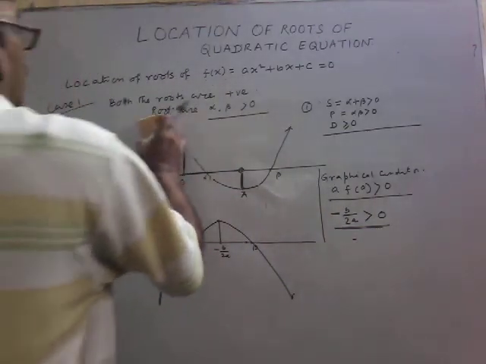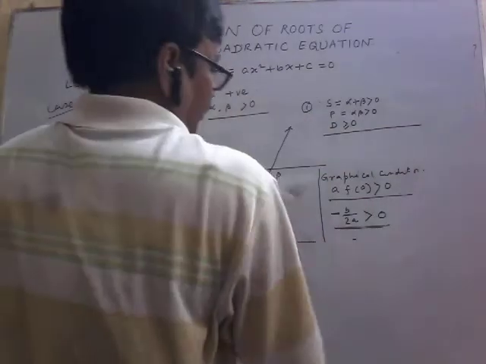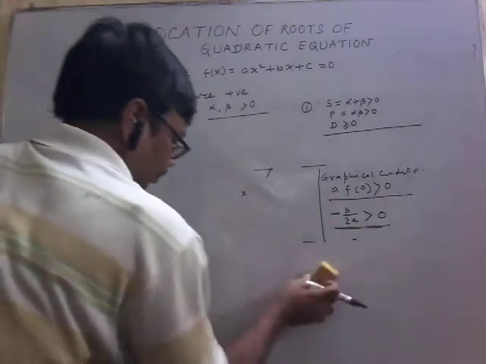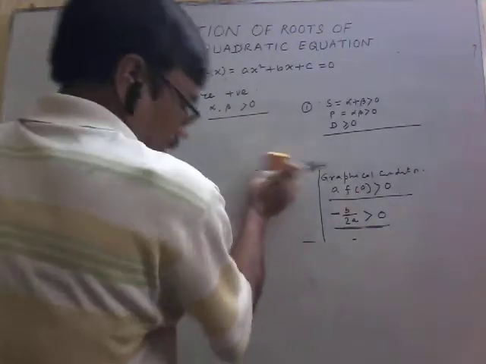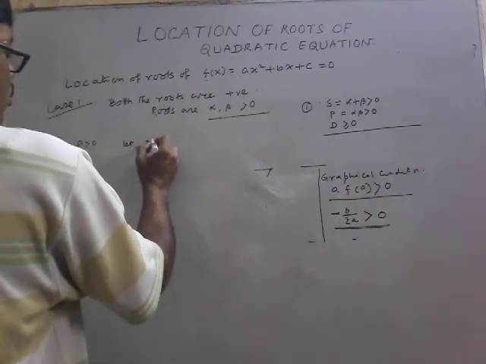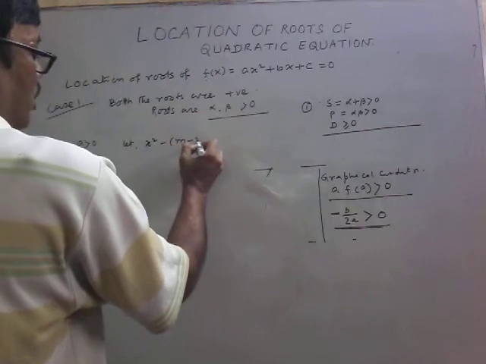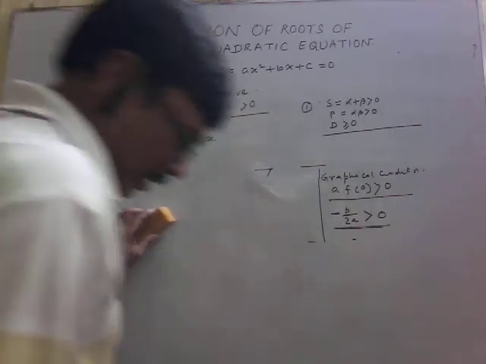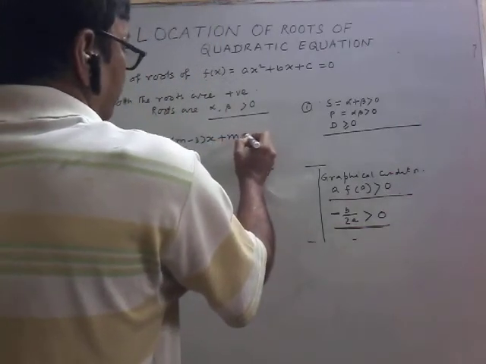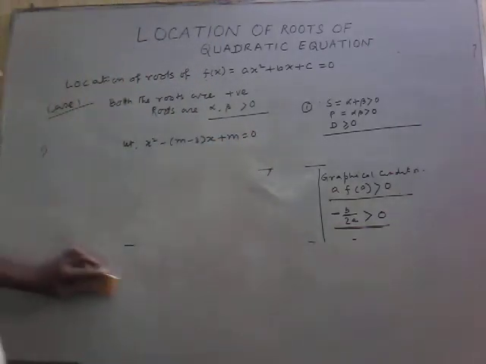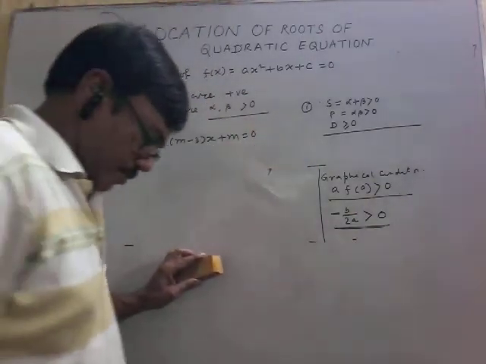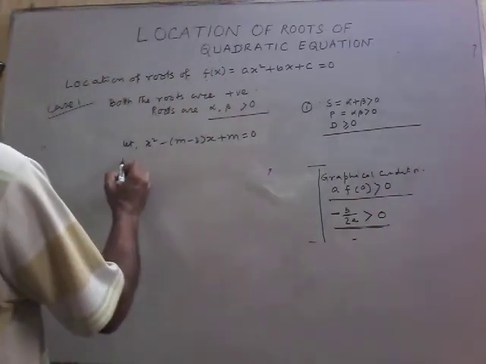So write a problem. Let x square minus (m minus 3) into x plus m equals to 0. Application. This is a quadratic equation. Find m